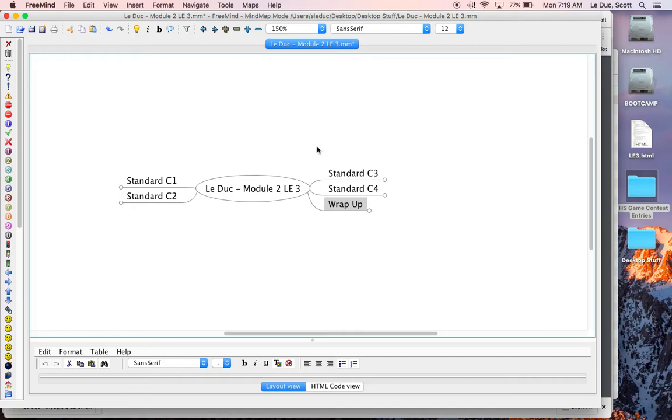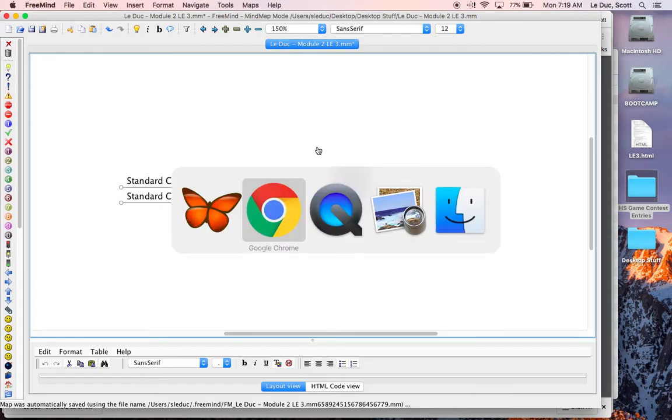So wrapping all this up, I've talked about the 4 standards. I've talked about concerns and questions I have. I've wrapped that up with what I think is the most important component as a teacher in these examples. And I've used FreeMind to demonstrate how I took the content and threw it into the system and managed that. And the last piece is